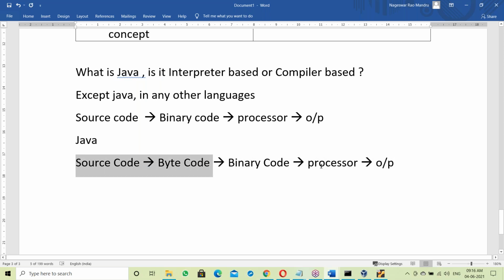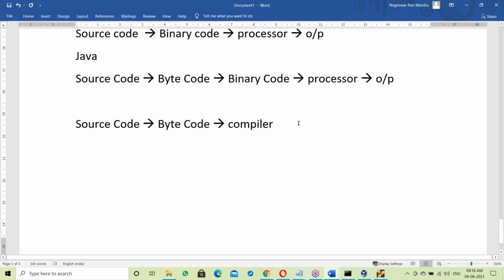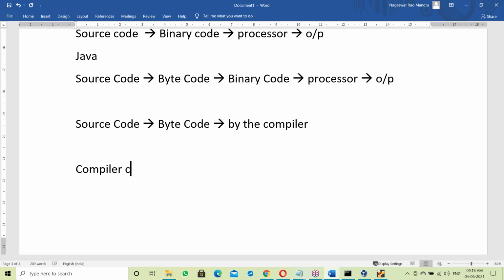Source code to byte code is done by the compiler. In Java, the compiler checks for all the errors. So this part is done by the compiler. The compiler checks for all errors in Java. If there are no errors,